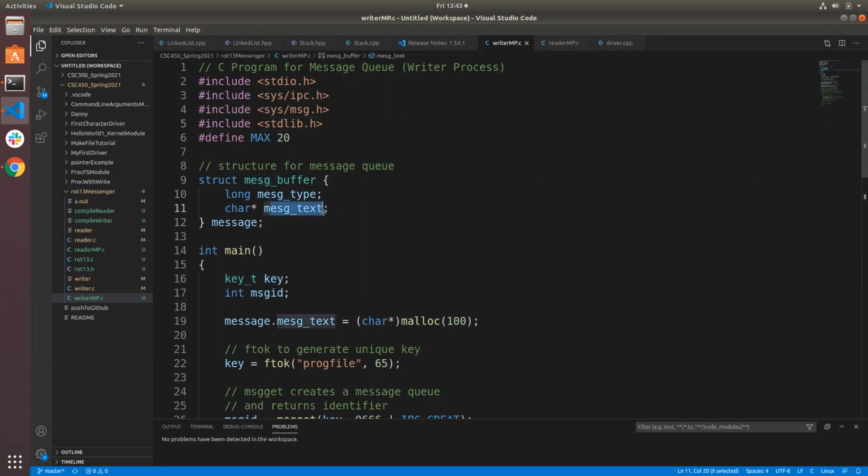Message text holds a memory address. So the size of this guy is 4 bytes, the size of a memory address, even though a char is 1 byte. A char pointer, a variable capable of holding the address of a char, is 4 bytes. So 4 plus 8 bytes is 12, plus 4 more for the struct gives us 16. Whereas before we had